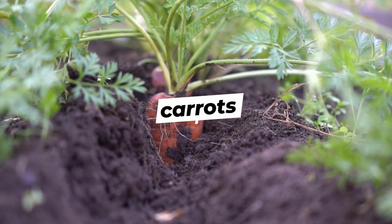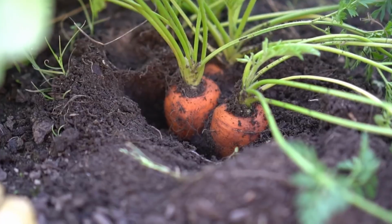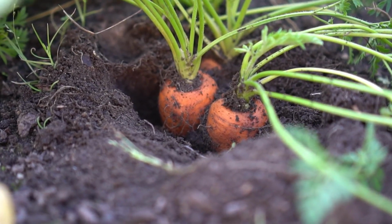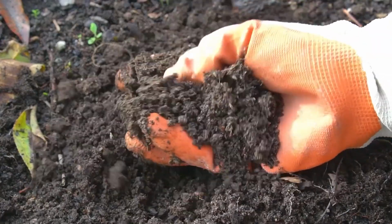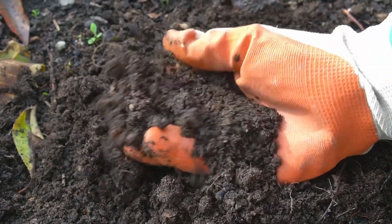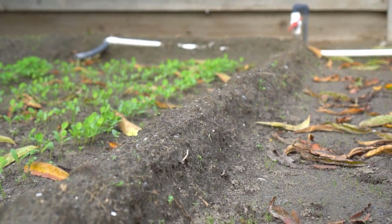Carrots. Carrots are a root vegetable that can also be planted in January. They are a cool season vegetable that prefers well-drained soil with a pH between 6.0 and 7.0 and should be planted in a sunny location. Carrots are typically planted from seed and should be sown in rows that are about 1/4